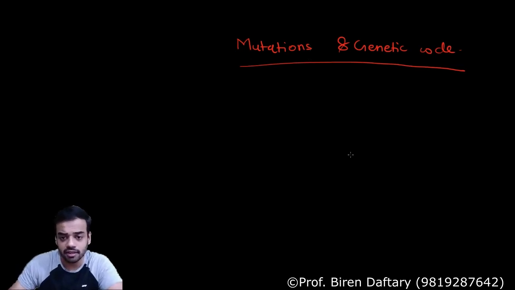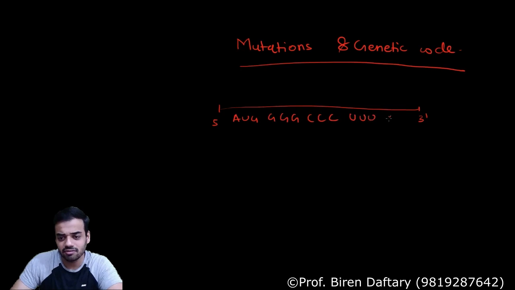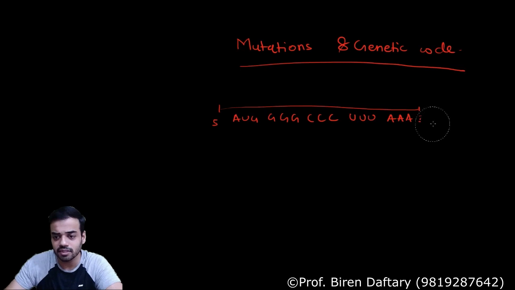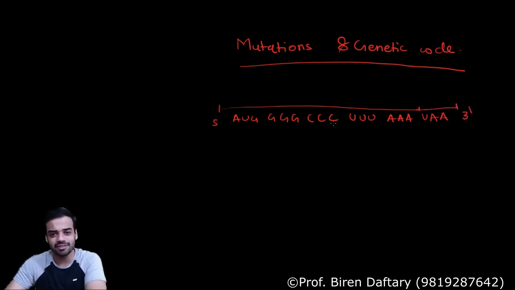So again, let us draw an mRNA over here, correct? AUG. I am writing any sequence. I will rub this off so that there is space, and here I will write UAA, and this I will expand, and this will become 3 prime. I am just writing any codon that comes to my mind. Stop codon, start codon.